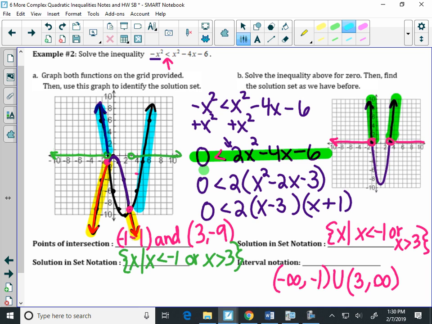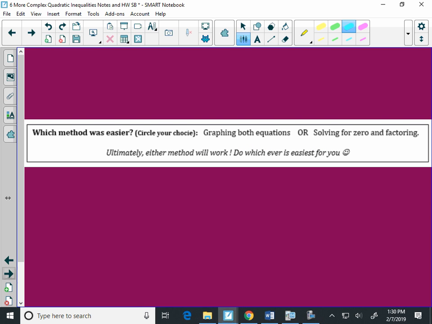One last thing, and then we'll start on the practice. Which method did you guys like better? Ultimately, it does not matter whether you like to graph both equations and make a pretty system, or if you like to solve for zero and factor. I do not care what it is that you like to do. Pick your favorite method, get good at it, and then just do that one, okay? So here's what I have for you today. I'm going to give you a little